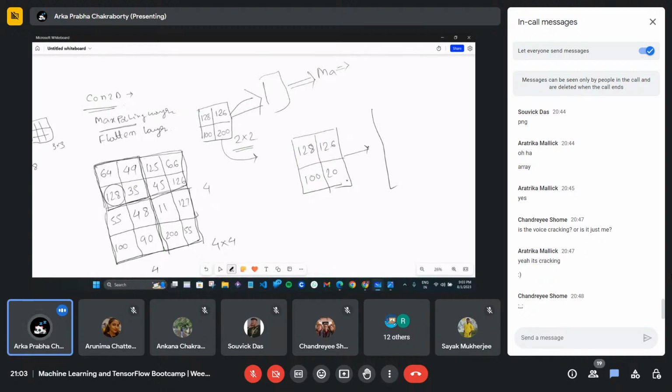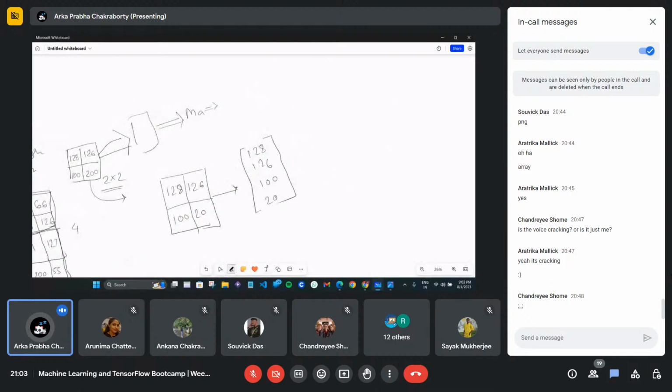If you have done it, a vector is nothing but a matrix taking only one single column. So this is my vector. This will be fed into our neural model.